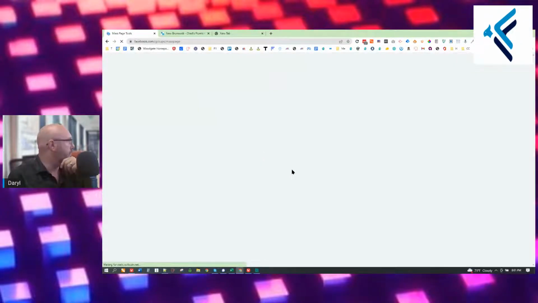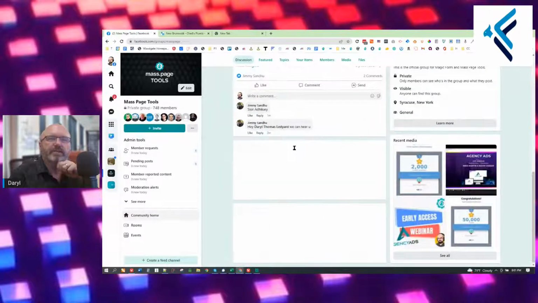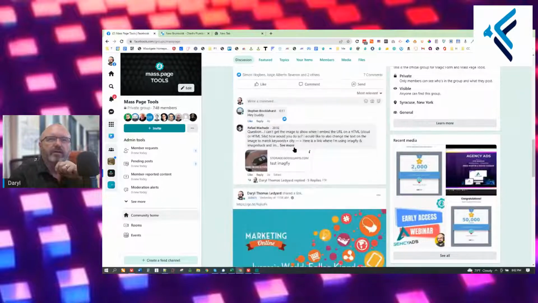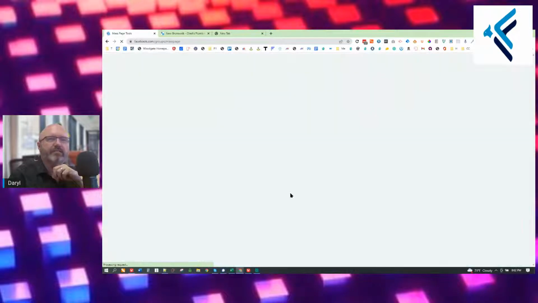As it's reloading, you're going to see something that I don't think I've seen anywhere, where you can change an image once it's already been posted inside of a social media. Now it says Jurassic World Fallen Kingdom. So we're going to have it so you can change the image and a whole lot of other things once you've already posted the image. This is going to be really cool. We have a lot of use cases that we're looking to do.